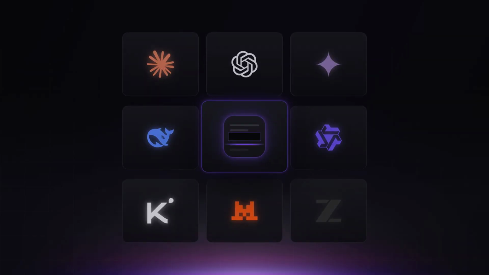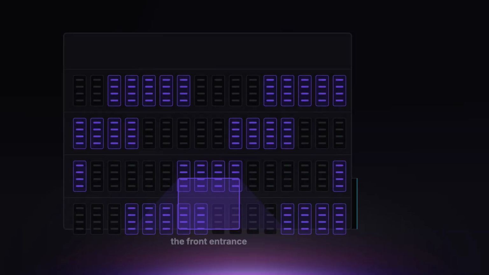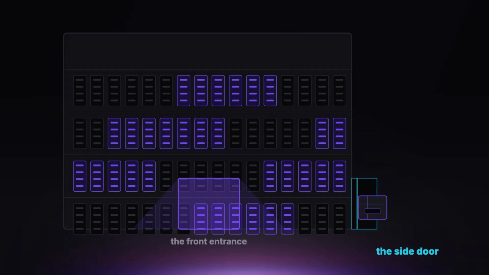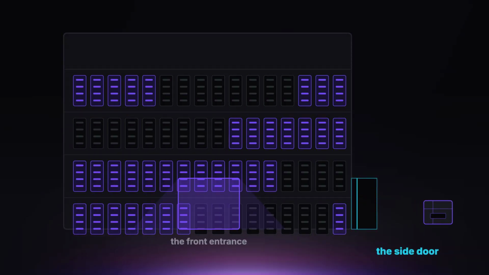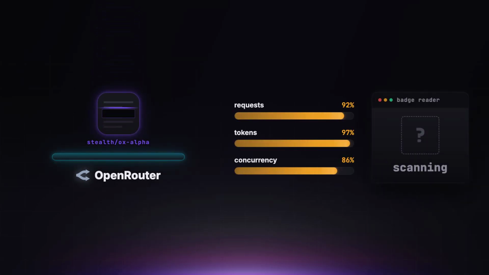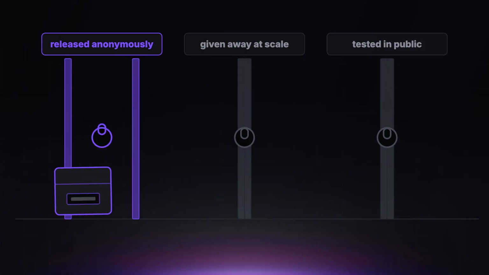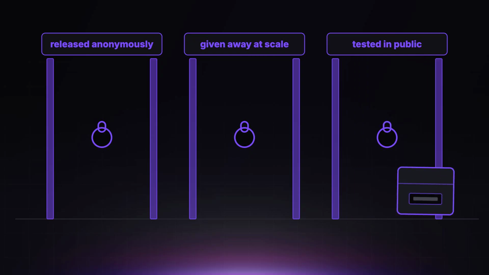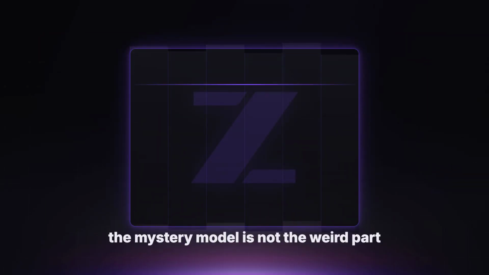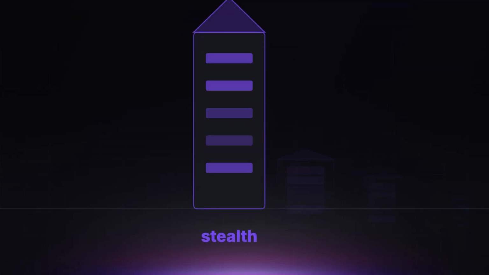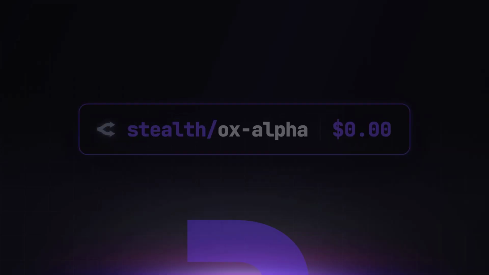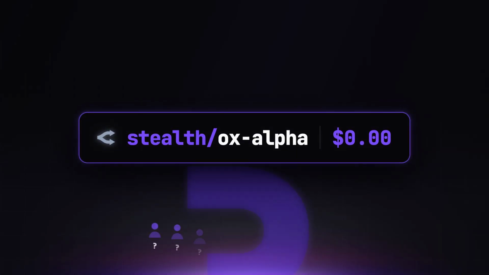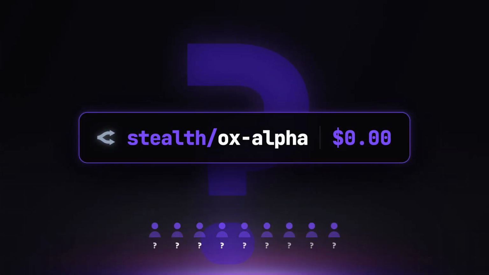That is why Ox Alpha is not just another model on a router. It feels like somebody opened a side door into a frontier lab, pushed a model onto OpenRouter, and left before anyone could ask whose badge they were wearing. And the mystery is not just who built it. The better question is, why would anyone release something this capable anonymously? Because if Ox Alpha is even close to what it looks like, this is not only a strange model, it is a strange new way to launch AI. No keynote, no brand, no clean explanation, just a model ID, a free price, and developers asking the same question over and over. Who built this thing?